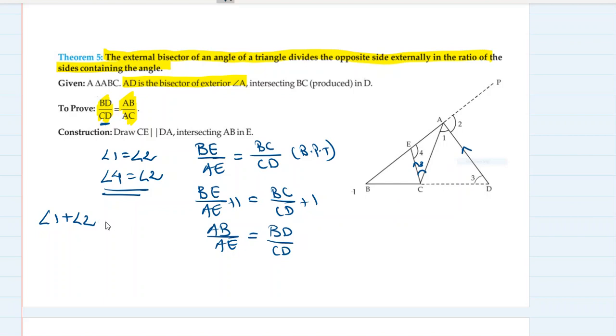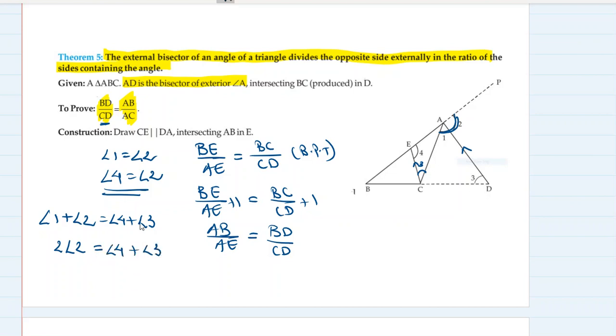अब देखो, एंगल 1 प्लस एंगल 2 इज इक्वल टू एंगल 4 प्लस एंगल 3। एंगल 4 प्लस एंगल 3 क्या है? एंगल 1 प्लस एंगल 2। क्यों? एंगल 1 प्लस एंगल 2 पूरा देखो क्या है, इट इज एन एक्सटीरियर एंगल फॉर ट्राइंगल AEC। डू यू सी ट्राइंगल AEC? ट्राइंगल AEC का एक्सटीरियर एंगल एंगल 1 प्लस एंगल 2 है, बट एंगल 1 और एंगल 2 तो इक्वल है।